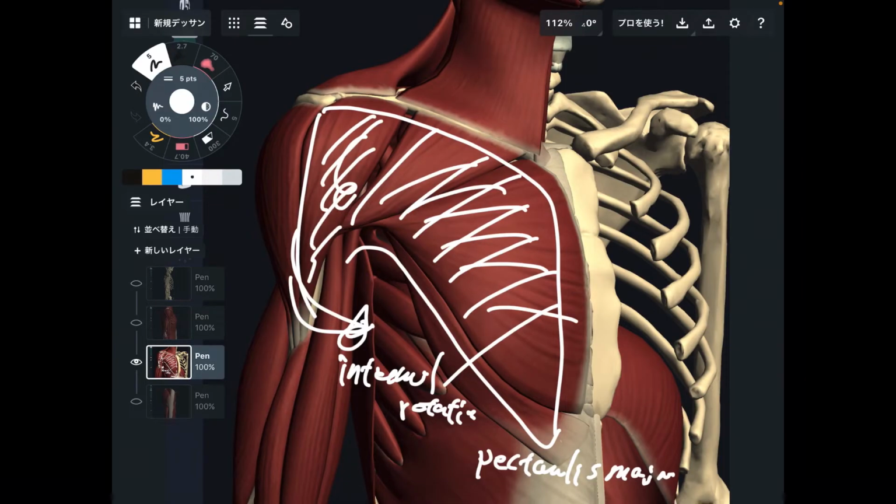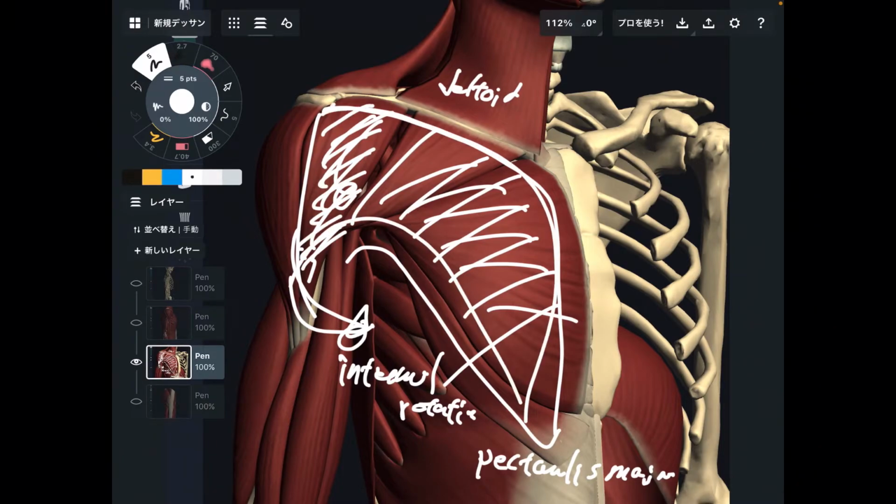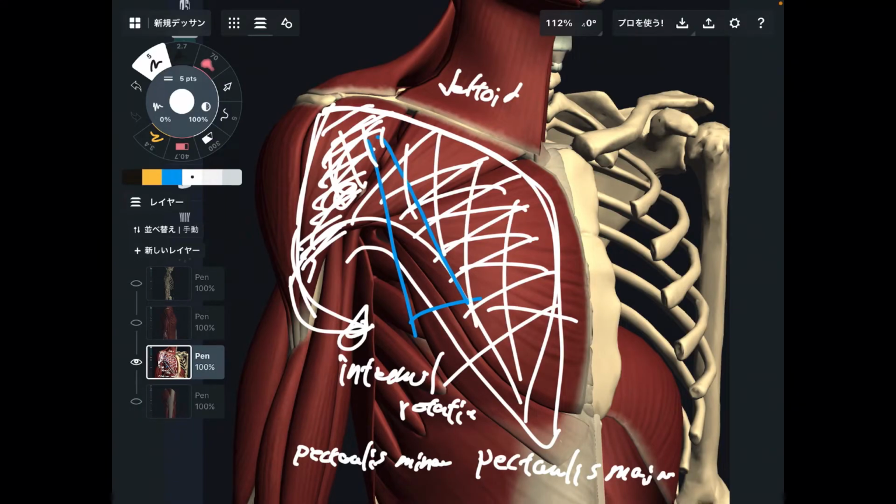Next one is this one. This is deltoid, particularly the anterior fiber, right here. These two big muscles are so important for round shoulder. Plus, deep to pec major, there is pec minor, pectoralis minor. Again, basically, anterior shoulder muscles and anterior chest muscles can create round shoulder position.